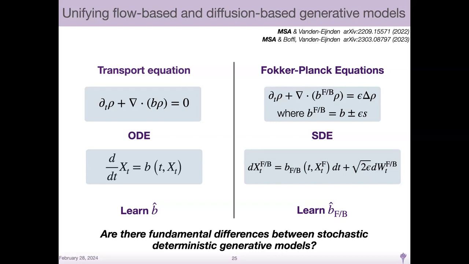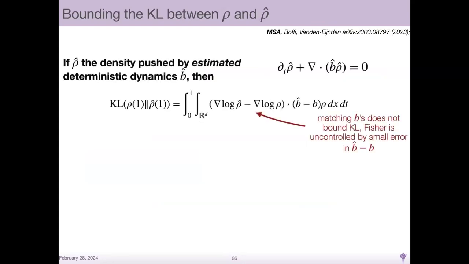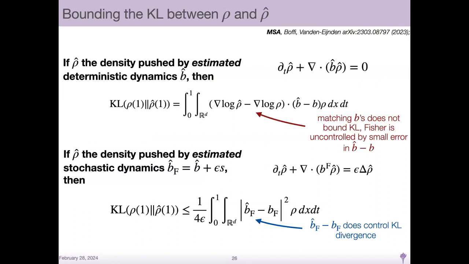There's a discussion we'd like to have about the benefit or trade-off between deterministic and stochastic generative models. And I'll just say, without going into too much detail, that if you wanted to control the KL divergence between the density you're trying to actually simulate and the one your model endows, then it's actually not sufficient solely to use a deterministic mapping. In fact, if you want to do this, you also need to control the Fisher divergence. Okay? So you can't just regress b-hat to b to finite error and say you've controlled the KL. You also need to control this Fisher divergence.